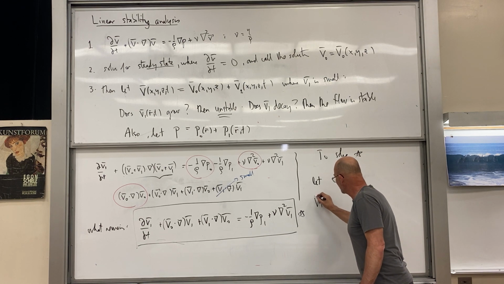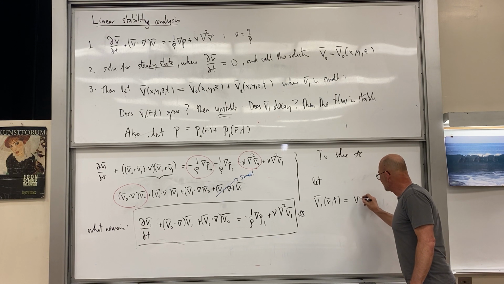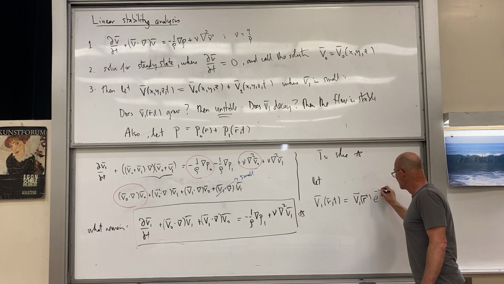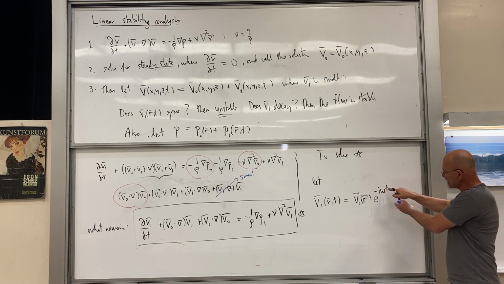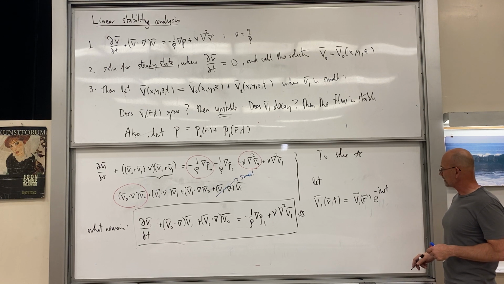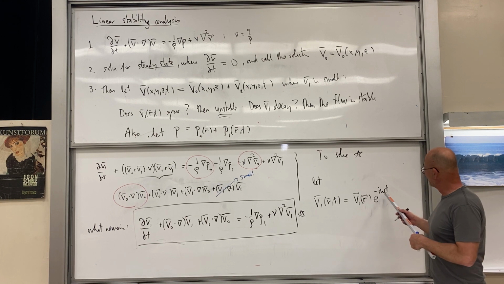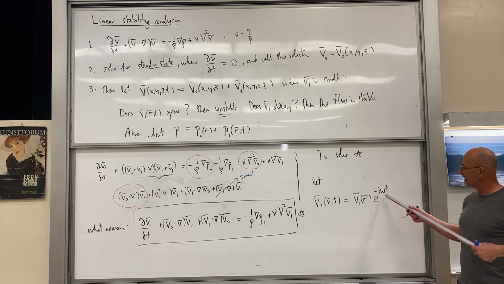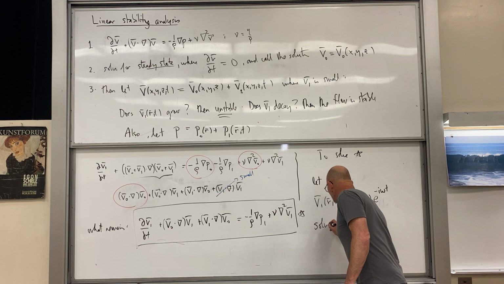Let v1 of r and t equal v1 of r, new name, but times e to the minus I omega t, or some exponential, okay? Minus I omega is fully general. When you do that, this turns into a sort of eigenvalue problem for omega, okay? So that's the trial solution, solve,